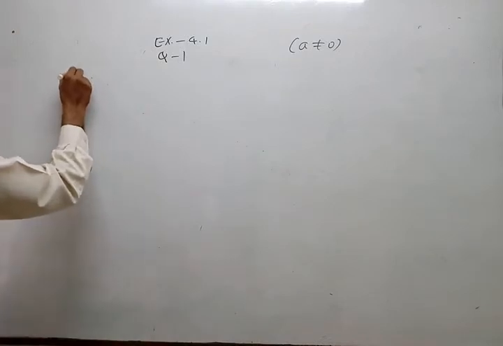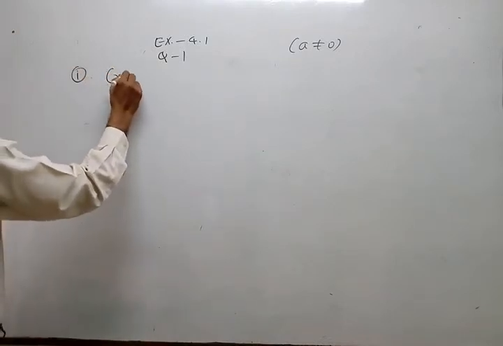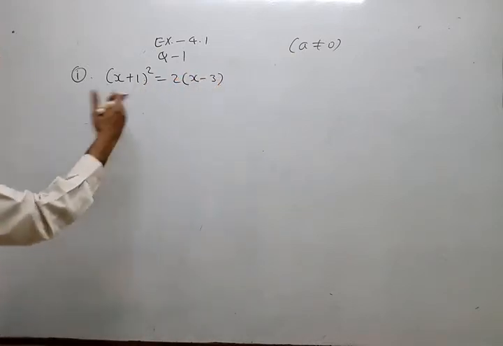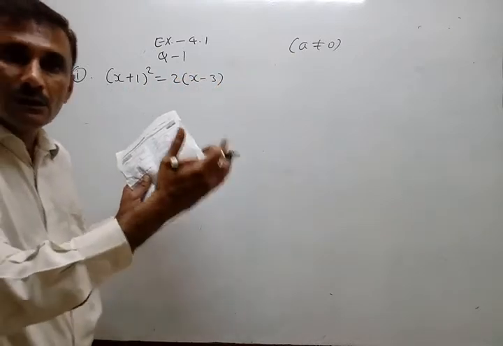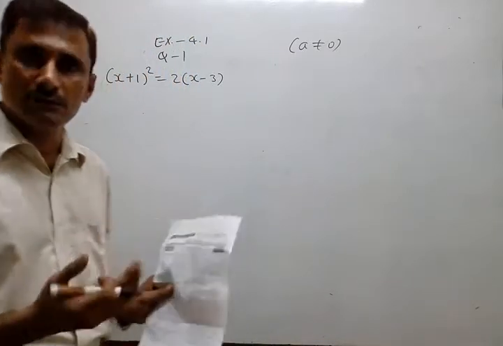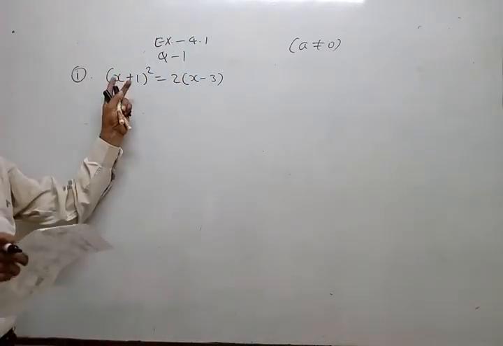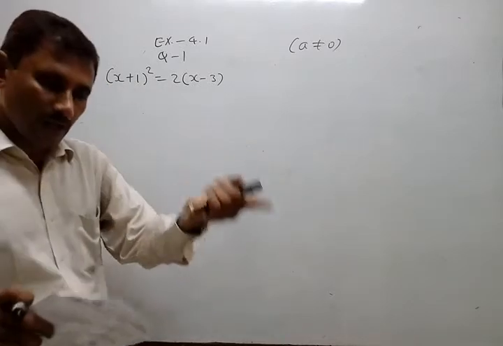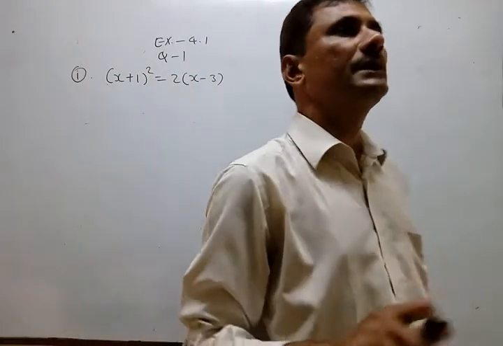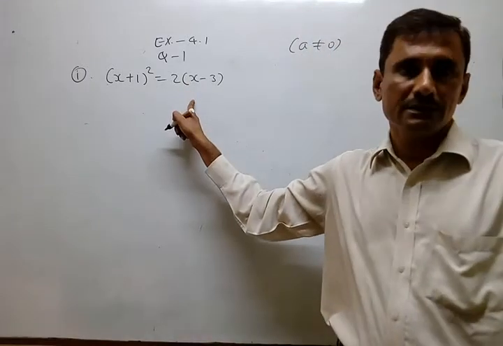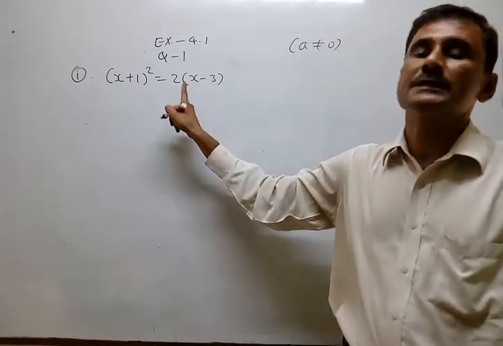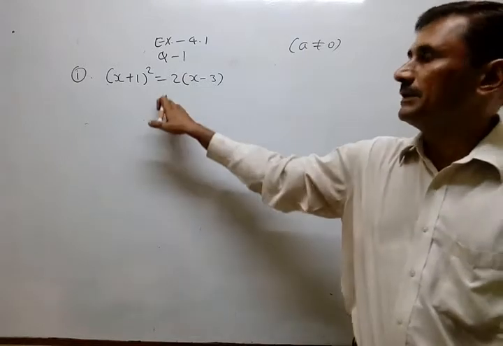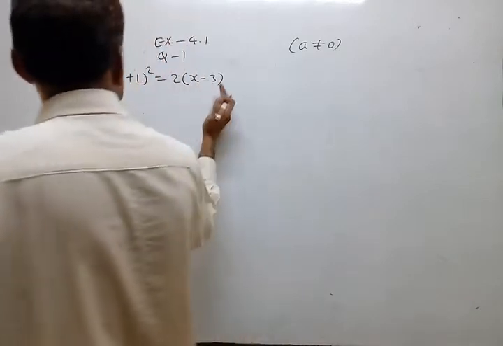Now first one. First one is given (x plus 1) square is equal to 2x minus 3. First of all, you should convert this given equation into standard form. Standard form means, open bracket. Set everything towards left side. Then only you will get standard form, and after getting standard form only you can give answer. Otherwise right now you cannot say it is quadratic or not. Understand? So first of all, simplify. Simplify means open bracket, set.